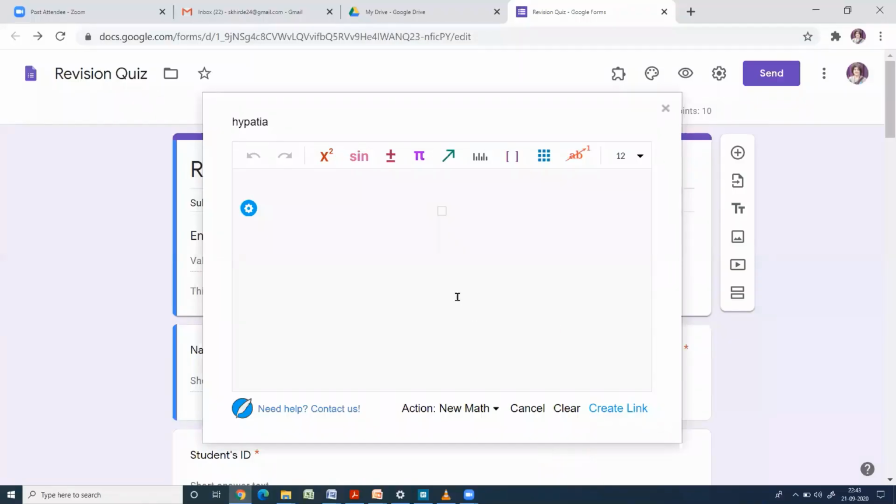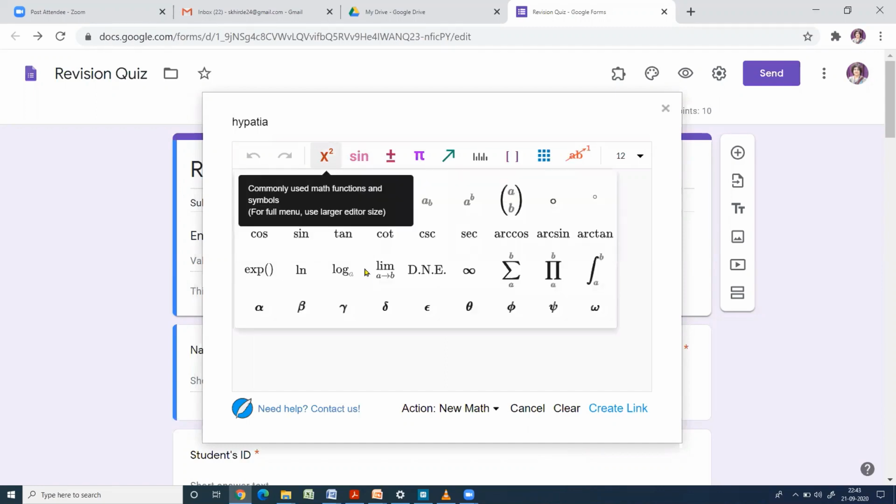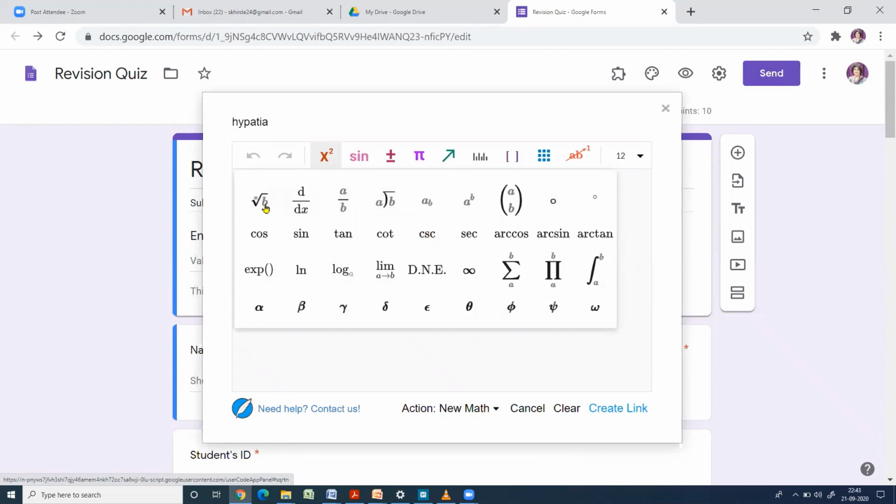now this is the Hypatia editor, which is much similar to the Word equation editor. Now suppose you want to write an equation. There are a few options here. So let us see one by one. So click on this x square. So you can see here commonly used mathematical expressions, right?